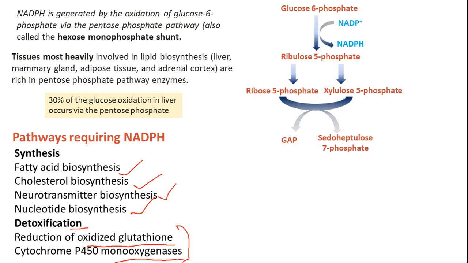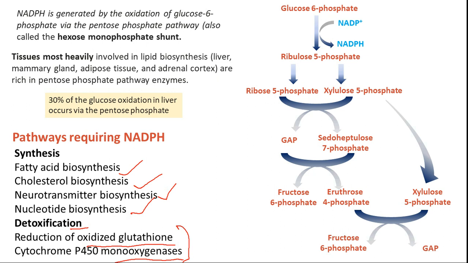Ribose and xylulose are both 5-carbon sugars, so 5 plus 5 is equal to 10, and both are attached. The carbon transfer happens from one to the other, thereby you get a 3-carbon sugar and a 7-carbon sugar. And then they react with each other. Again, they give you fructose 6-phosphate, a 6-carbon sugar, and erythrose 4-phosphate, a 4-carbon sugar. Xylulose and erythrose react with each other, which gives you again fructose 6-phosphate and glyceraldehyde phosphate.